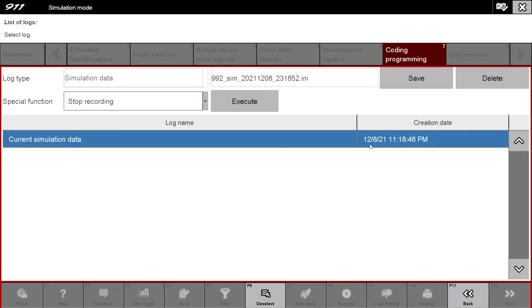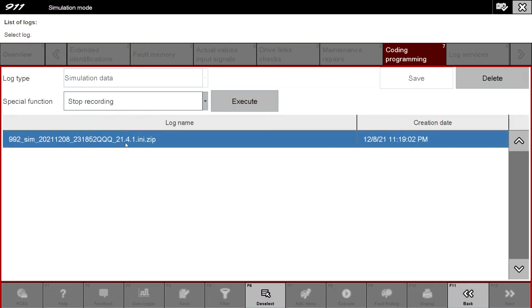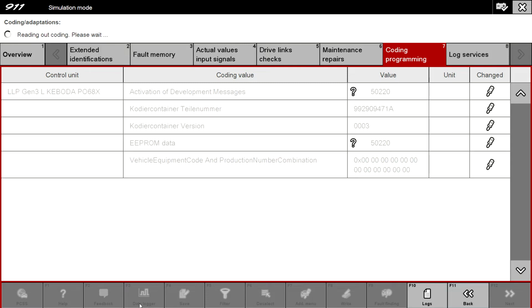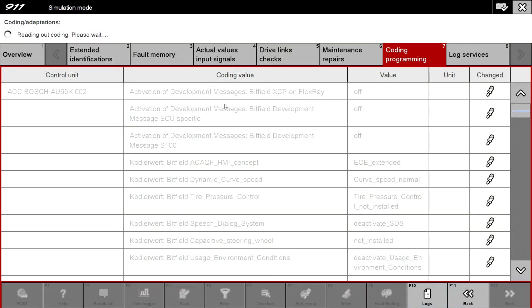Now we need to save it. You can change the name to anything you like and then click save. Now we have this simulation file. This simulation file is located in the E drive, Piwis user data, PIDT, simulation data. It's there. Send me this file,